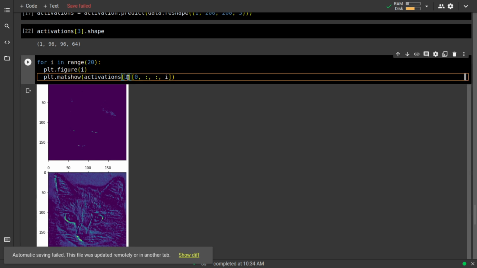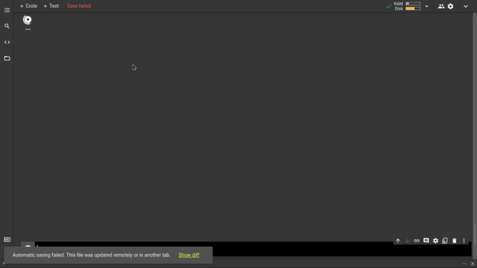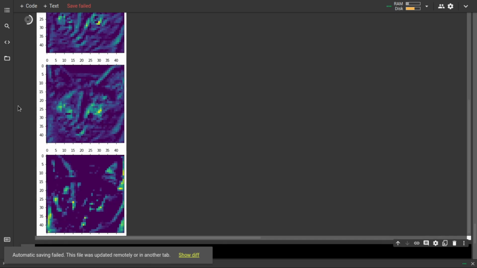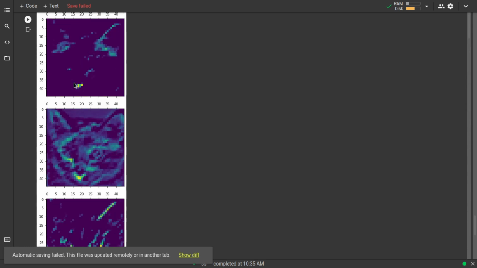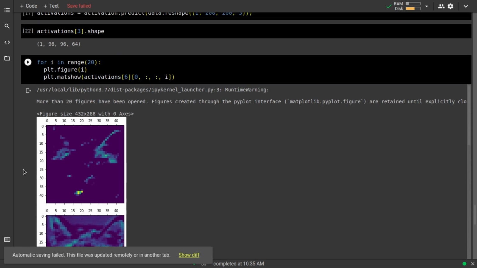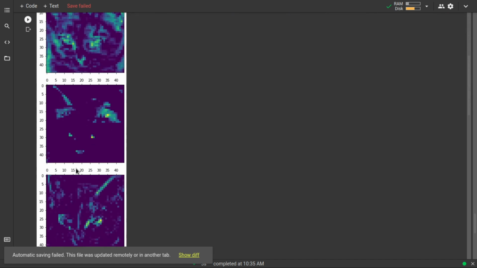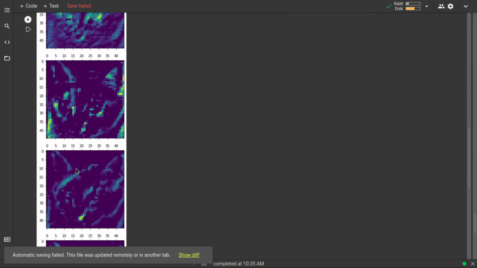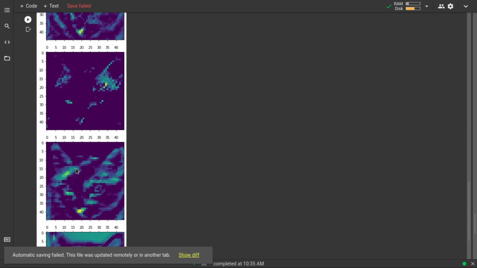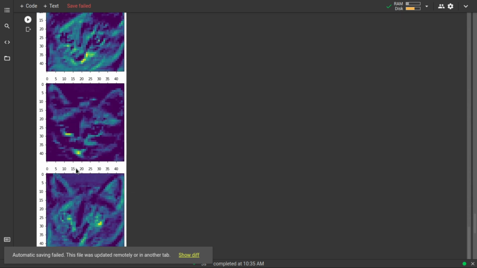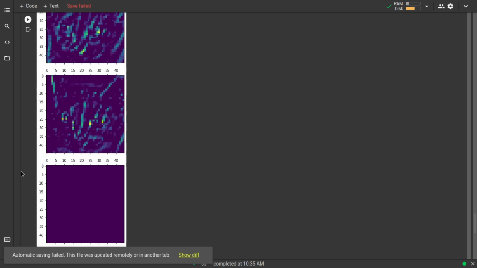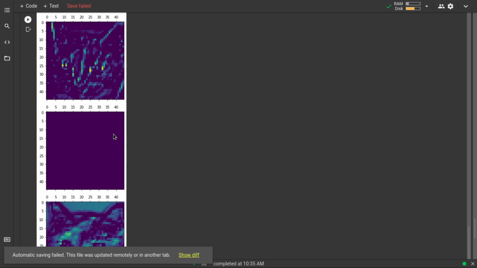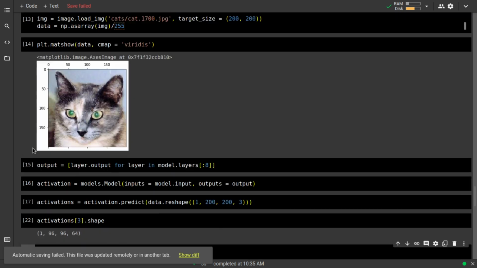Okay, so as you go down in the filters or the layers, you will start to see that the patterns are not that perceivable. Over here you cannot actually identify what is going on, because we have reduced the size of the image, and you will see more of these filters which are not excited.